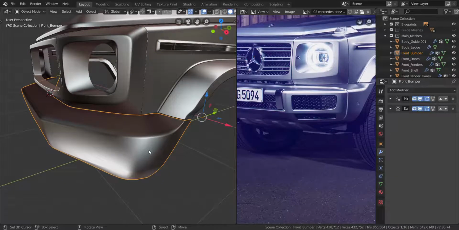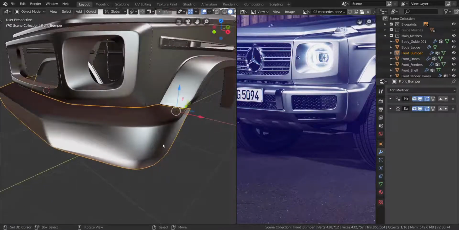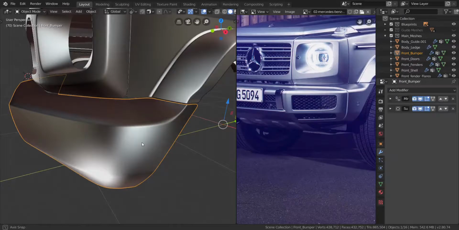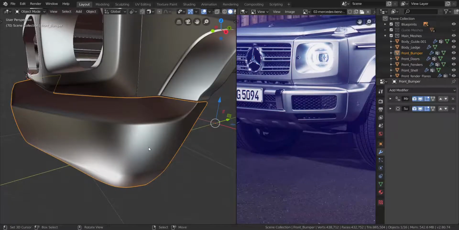Alright guys, so in this video we're going to try and finish the bumper. Before we actually begin anything else, I need you to be mindful that we altered this mesh right here, and the guide mesh that we created before wasn't actually altered because we only did that to the front